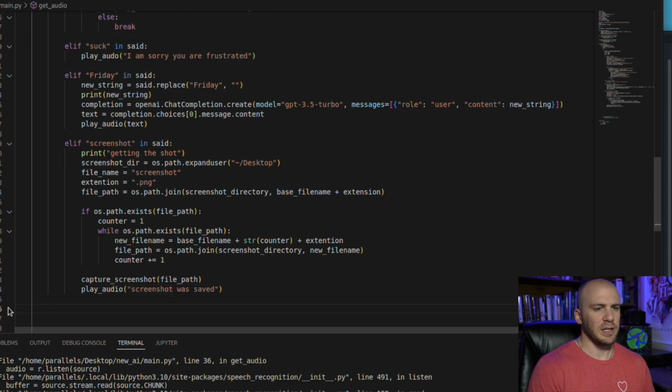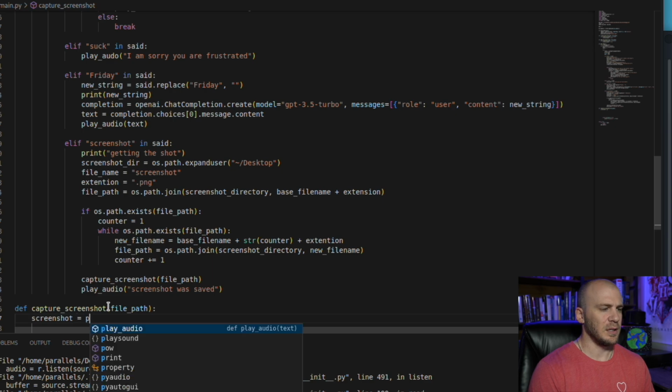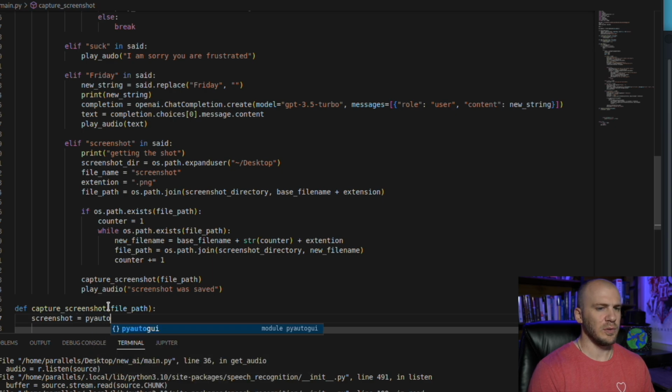Now let's go ahead and create the functions that we want this to call. So we actually created this capture screenshot, which is going to be function number 1. So we're going to say def capture screenshot. We are going to pass through the file path, and we're going to say the screenshot equals the PyAutoGUI, which is going to actually capture the screenshot for us.